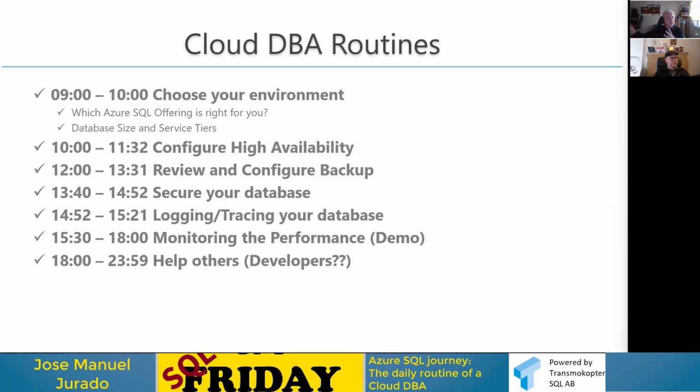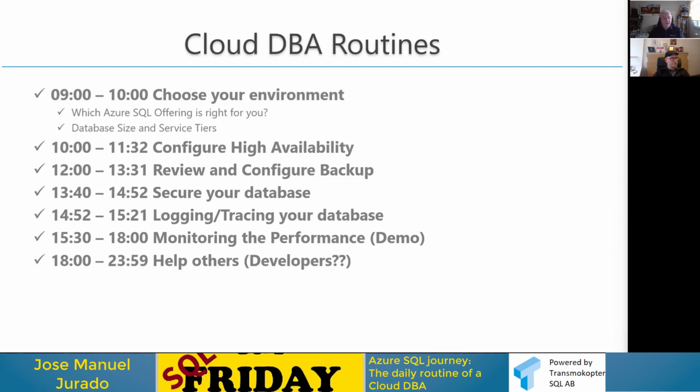For example, you need to know that there is another technology called Azure Data Factory in order to transfer the data in your ETL, or, for example, to save the data in a storage account, because you don't need this data, you just need to archive it and save space in your database. So right now we have other roles that are very important to know as a DBA.